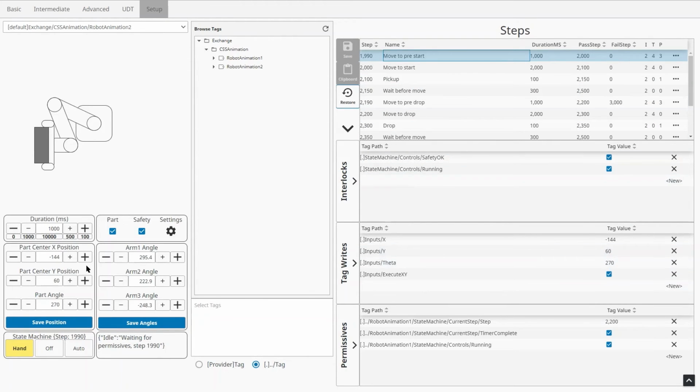What else you can do is, if you change these values here manually, you can just hit save position, and you'll see that these new values are bolded now. And again, I'm going to restore it. If you actually wanted to take effect, make sure to hit save. As I showed you earlier, you can type in whatever value you want in here also.